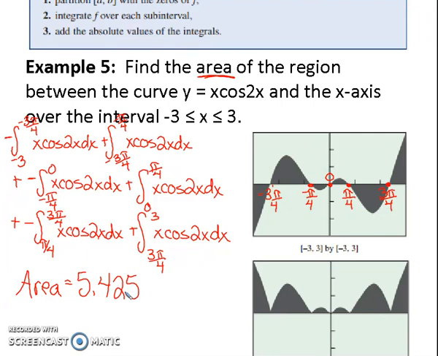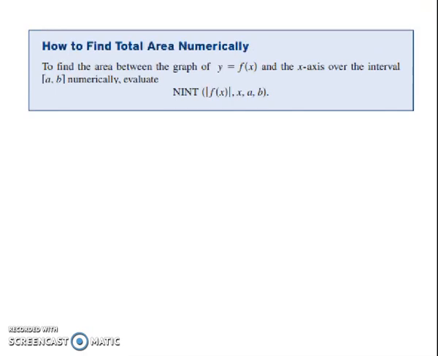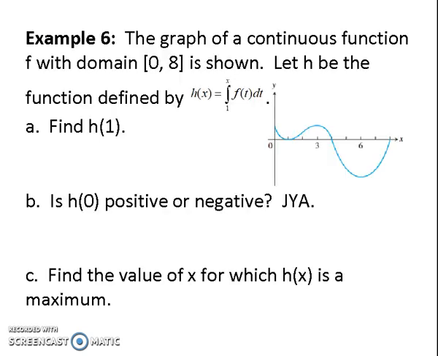So that's how you find total area under a curve. The next thing we're going to look at is finding total area numerically. So that's the Math 9 concept. But we do Math 9 of the absolute value of the function. So that's essentially what I just showed you there on the calculator. So what if, though, we're just given